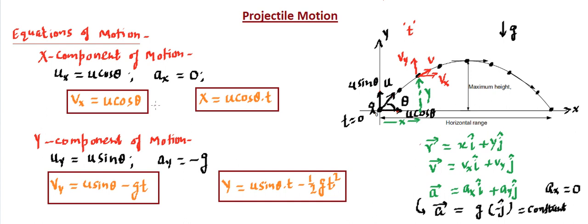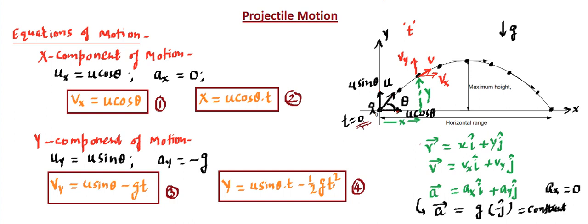Now we will be using these four equations. Let's call them by name. Let's say this is equation 1, this is equation 2, this is equation number 3, this is equation number 4. So these four equations that we are calling for projectile motion are going to be used. And let's use these equations in some standard questions that can be asked related to this particular projectile motion. What the standard questions would be like, if you have kicked at t equal to 0 from here,